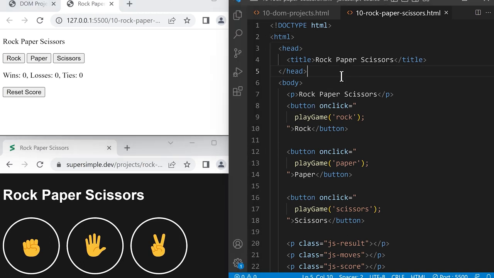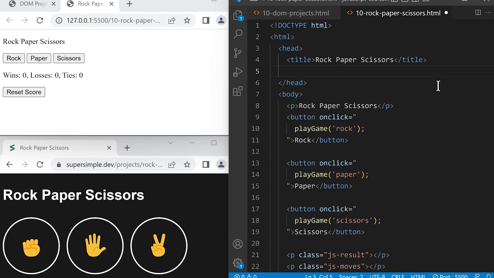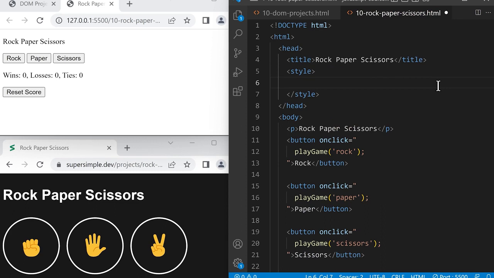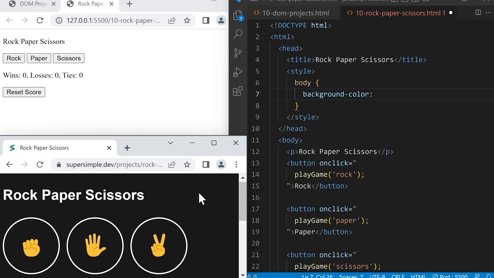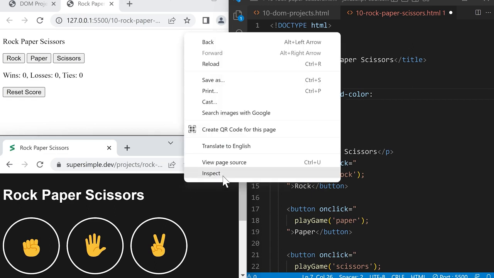We'll go into our code and let's create a style element so we can write some CSS. Inside the head, let's type less than style greater than, and then inside here, we're going to style the body. So we'll type body and curly brackets. Now inside here, we're going to change the background color. So background-color colon, and we're going to get the color that we see here by right clicking, click inspect,